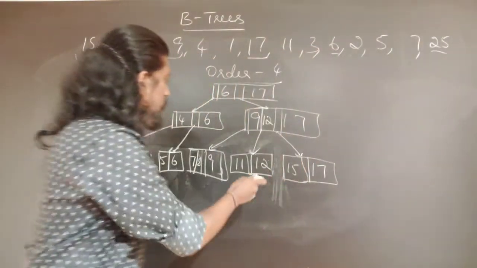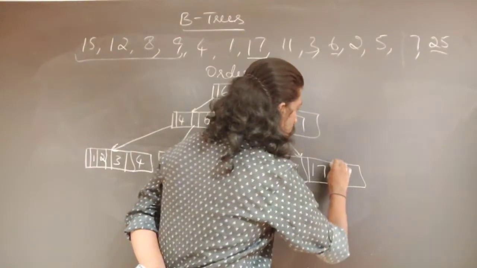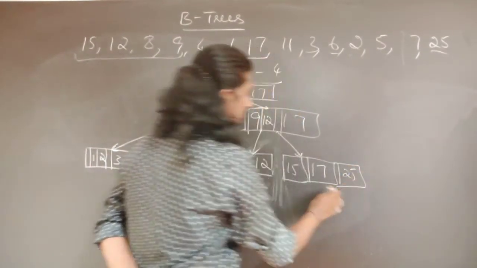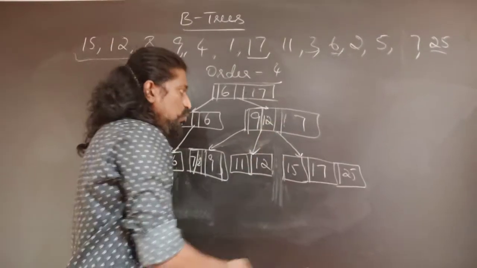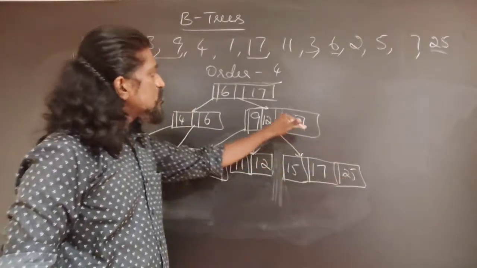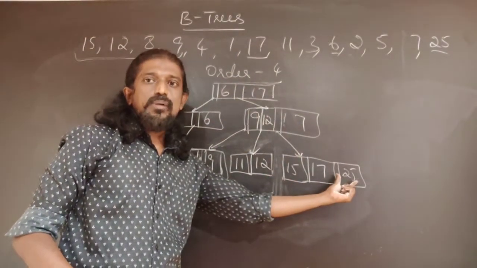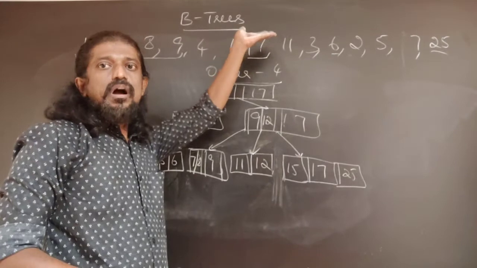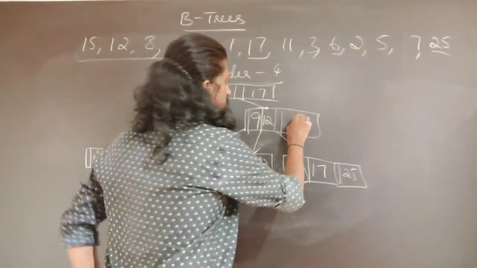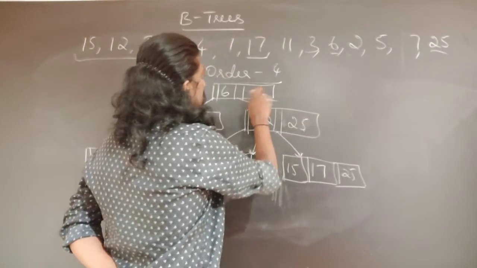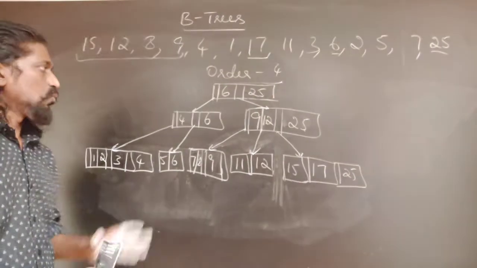Just because to insert 25 we did a split operation over here, okay. So we are going to insert the 25 over here, and information about this has to be updated in the higher levels. So now you can see information about 25 has to be updated in 2 levels. As the tree grows, it may be required for us sometimes to update some keys at multiple levels above the tree. So here we are going to update its information at the parent as well as the grandparent. So this is the B tree for us now, okay.